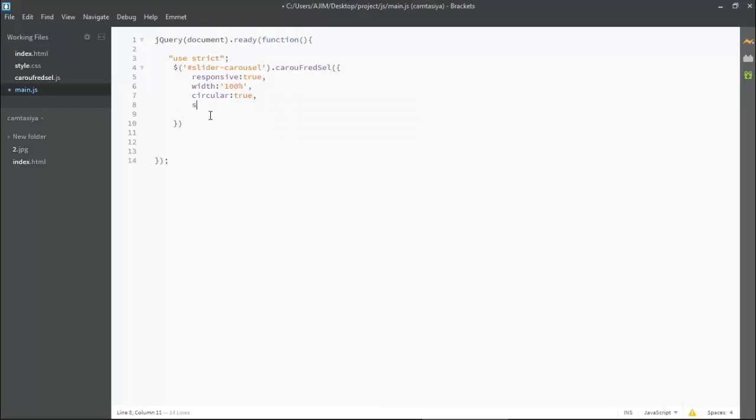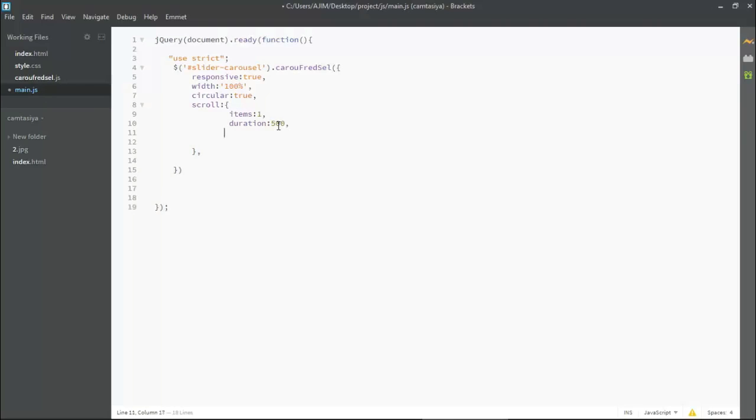I'm just coming down here and mentioning a scroll. Okay, and this scroll will contain some values. So first, the properties I'm putting here will be items. It will be 1. Okay, so at a time it will slide only one image. After that the second image will come. Now I'm putting duration, because without duration how will it slide. So I'm putting duration in millisecond, something around 500 millisecond. We don't have to put any unit right here, simply put the values as you want. Okay, so I'm putting 500.